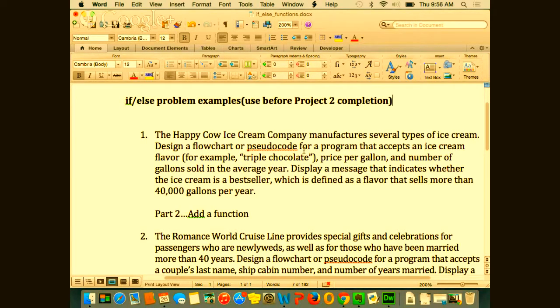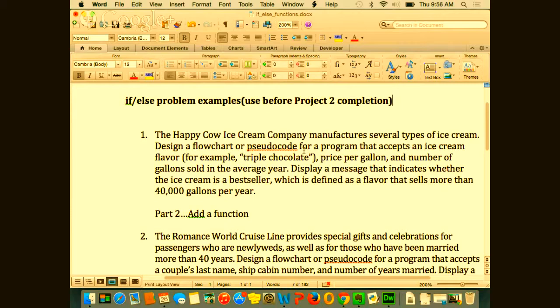So are there any calculations? Price per gallon and number of gallons, but one of those fields is really not even necessary, right? Price per gallon, because what's our comparison? Our comparison is going to be if they sell more than 40,000 gallons. So the number of gallons sold in the average year and the flavor are really the only two things we need, right?